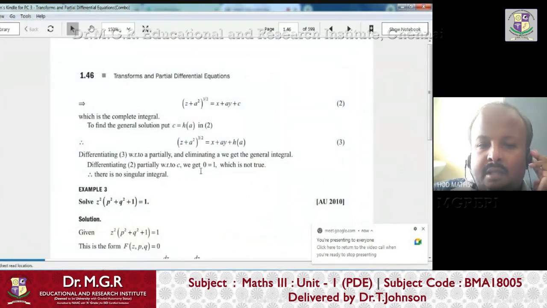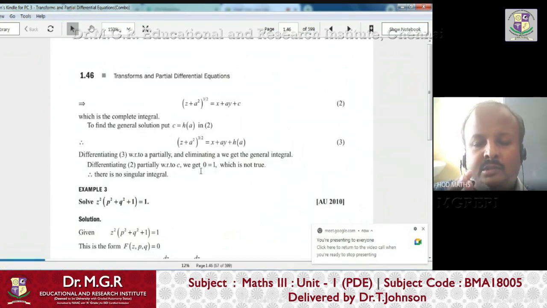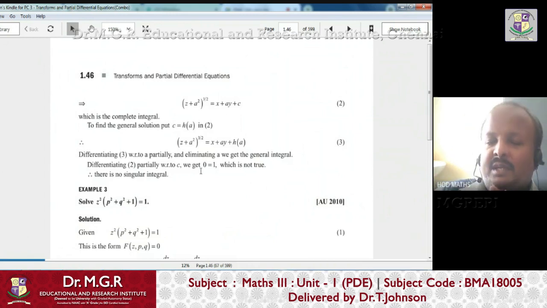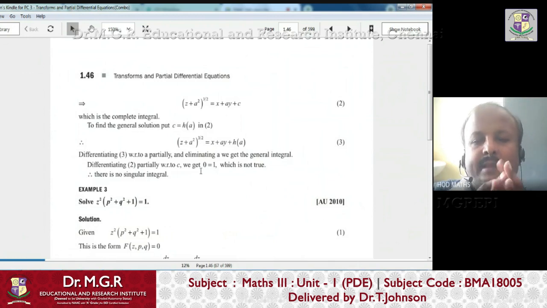Right. So now I think you can understand type 3. Very simple. You have to put q equals a p and you have to find p. After finding p, you have to substitute that in the form of the total differential dz equals p dx plus q dy. There, you substitute the p value, and in place of q, you substitute a times the p value, and then you take all the z terms to the other side, then nicely you will get the complete solution of the type 3 PDE.